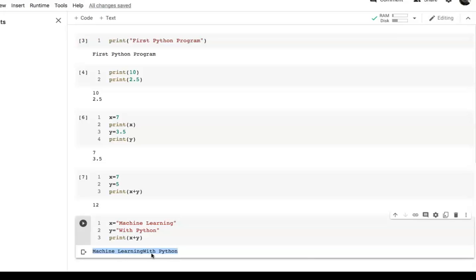So just to make a space, bring this cursor here and create a space here. Now run this program. Now this is machine learning with Python, with a space between machine learning and with Python.